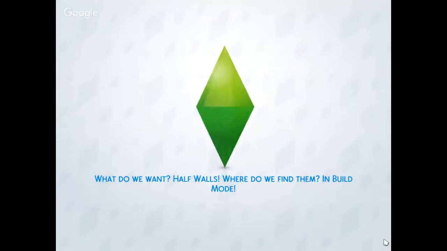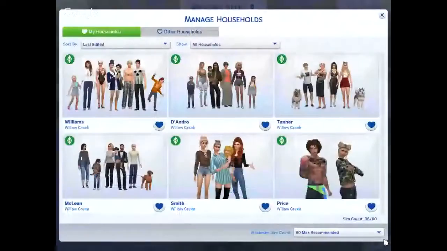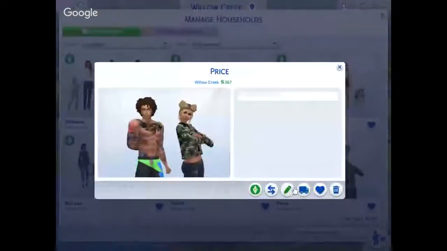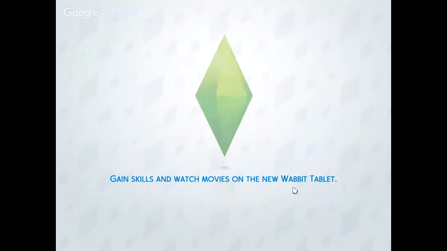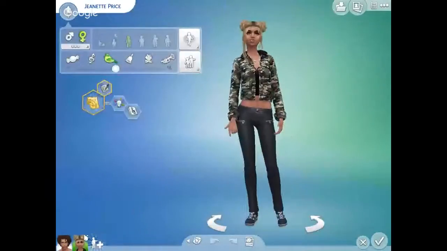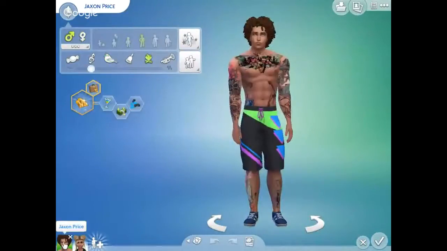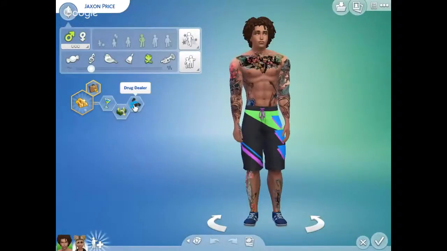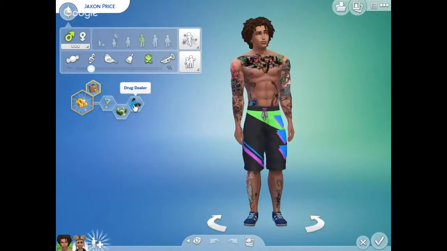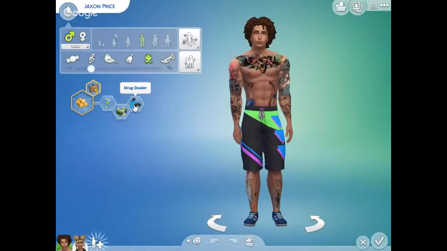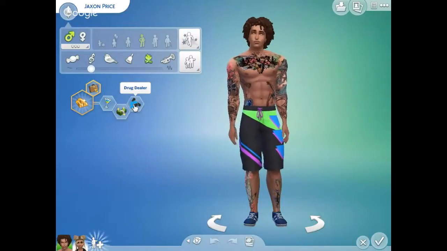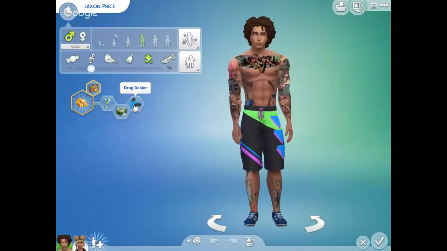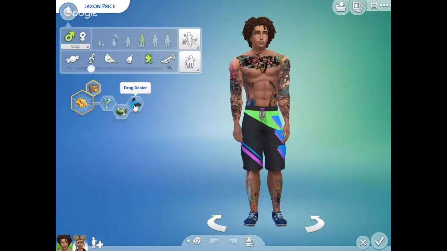Before I created this storyline, I decided to try out the drug dealer personality trait. So this is the drug dealer. He has this personality trait. The trait said to use it only on a sim you don't intend on playing. So I thought that would have an effect on the sim, but Jackson, I guess is his name, I kind of chose a random name, seems pretty normal to me, so I don't understand what exactly the trait does.